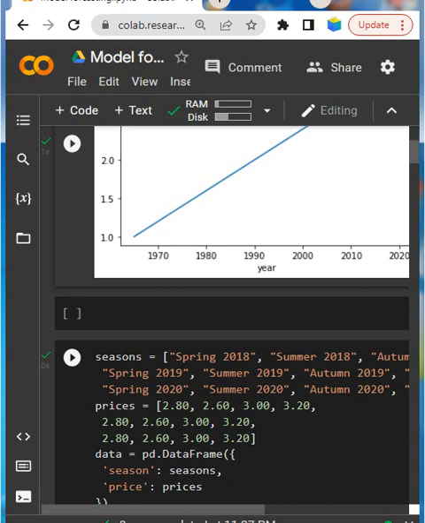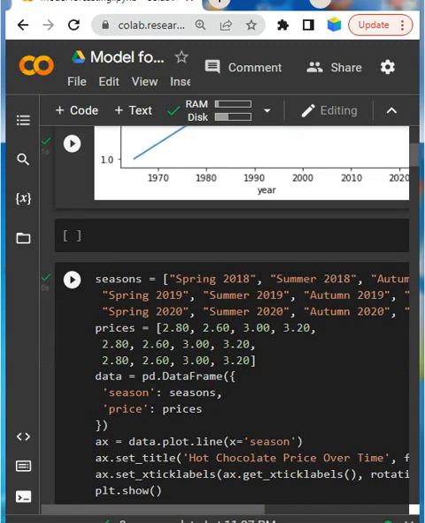Let's see in this data, some characters, meaning seasons, have been given. So you can say this data is like a time series model. Seasonality and price have been given.